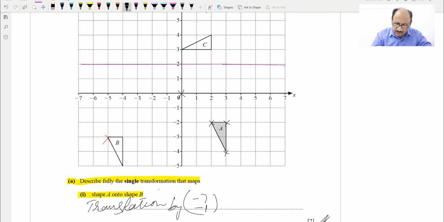For example, for this point it will be 2 and -2, the second point will be 3 and -2, and the third point we can take as 3 and -4, and we'll have to multiply all these by -2